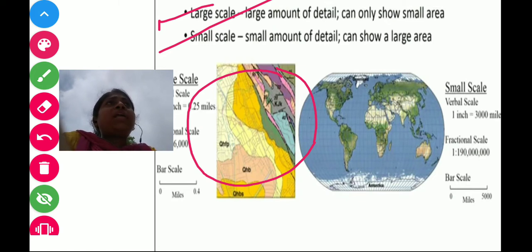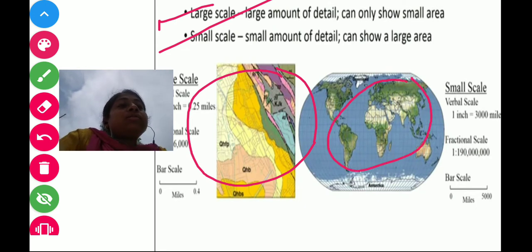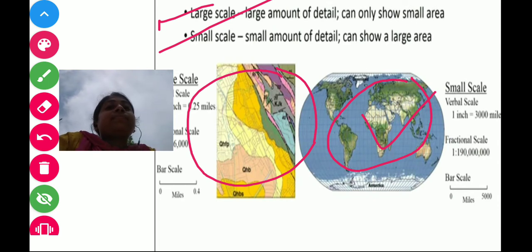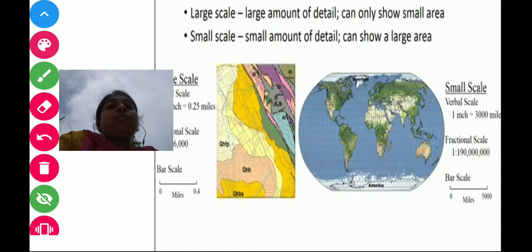If we zoom in on any location, we can easily find the locality and colony of that place. It acts as a guide map. A small scale map shows a large area like a country or continent with fewer details. They provide general information about a large area.